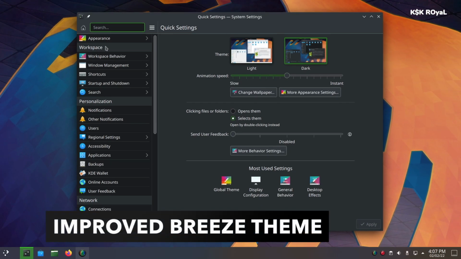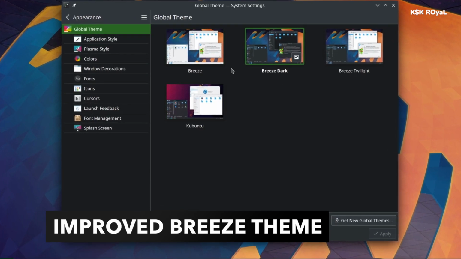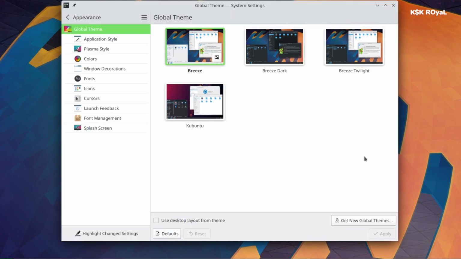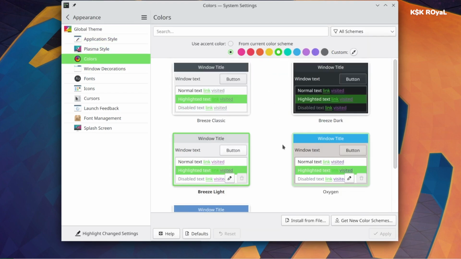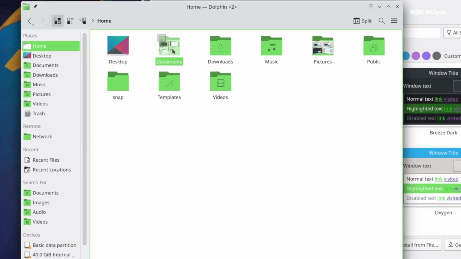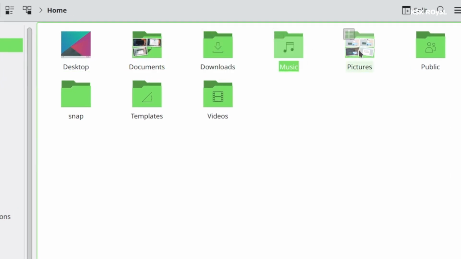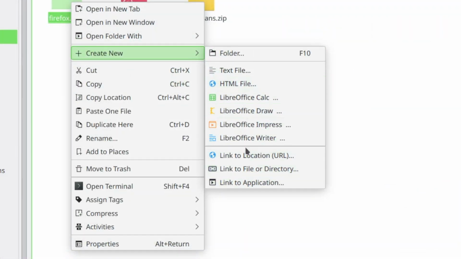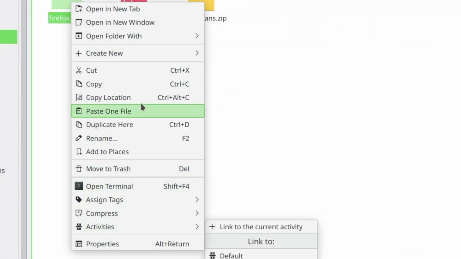Now with this update, the default Breeze theme has received a minor upgrade. The Breeze color scheme has been renamed Breeze Classic to better differentiate it from the Breeze Light and Dark color schemes. The Breeze High Contrast color scheme has been deleted, as it actually offered lower contrast than the very similar-looking Breeze Dark. The folders now respect your accent color or the color scheme selection. The focus effect for buttons, text fields, checkboxes, and radio buttons has been enlarged into a focus ring that should be much easier to visually distinguish at a glance.